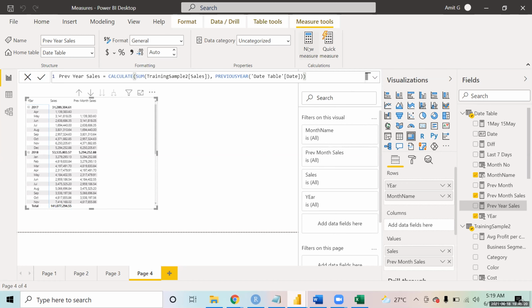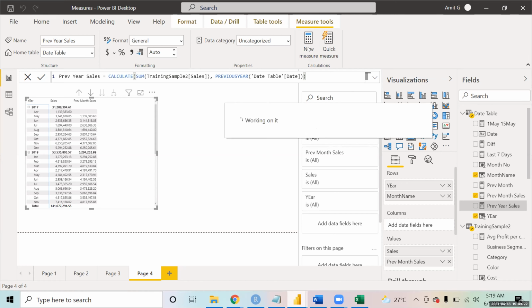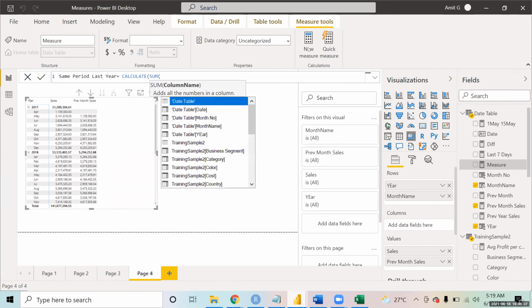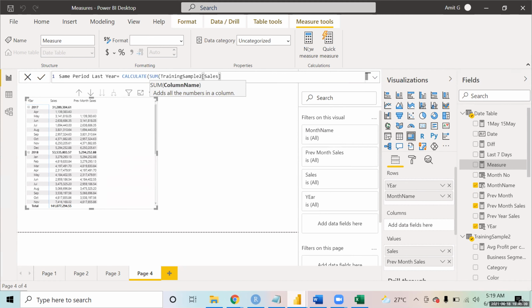If you create a new measure over here, I will say same period last year. I'm going to say that I want to calculate sum of sales, comma.